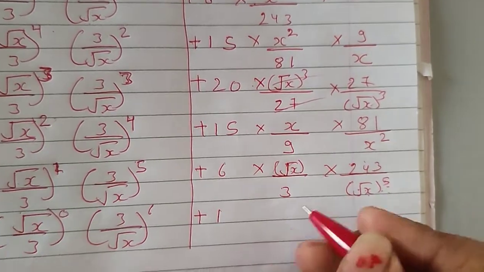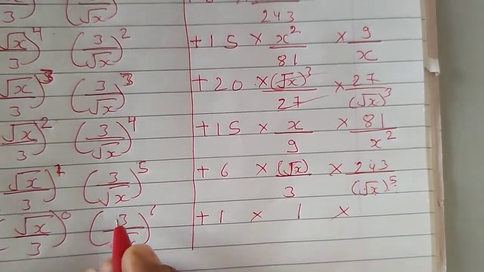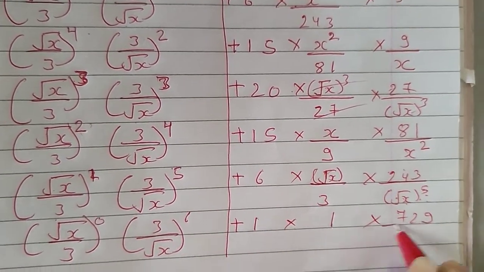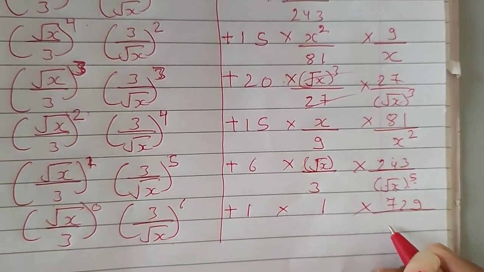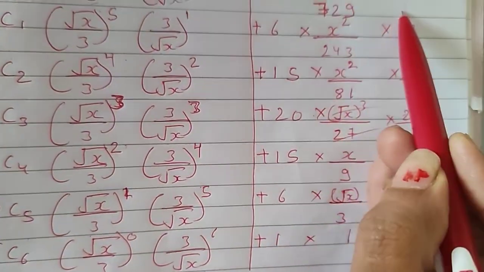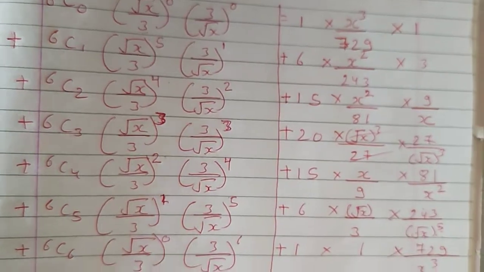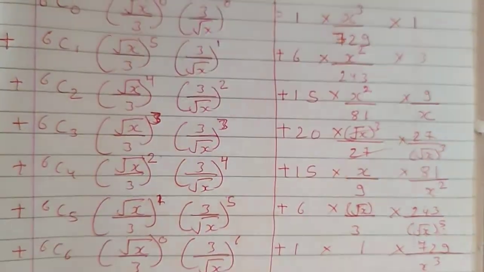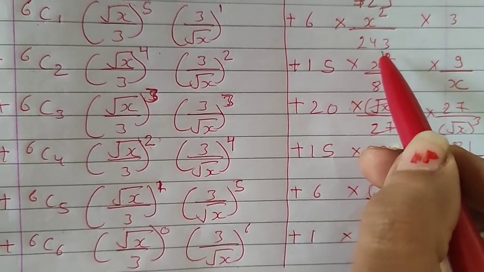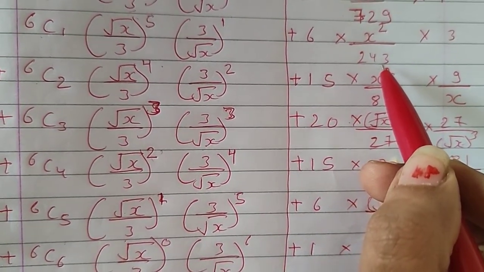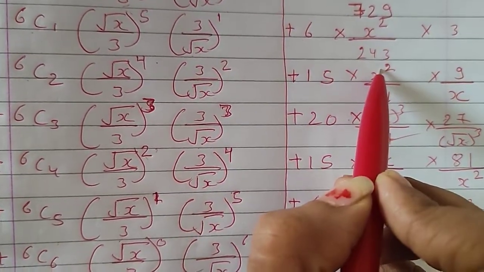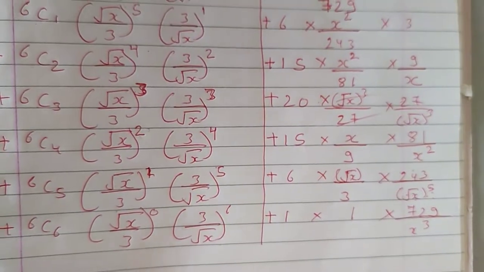So x square it will come over here. And here 1 into 3 raised to 6. So that will give you 729. And root x raised to 6. So that is x cube. And I will write down our answer. Here nothing will get cut. So x cube upon 729 plus, now here 3 and 243 will get cancelled, and then again here it will get cancelled with 8. So my answer here it will come